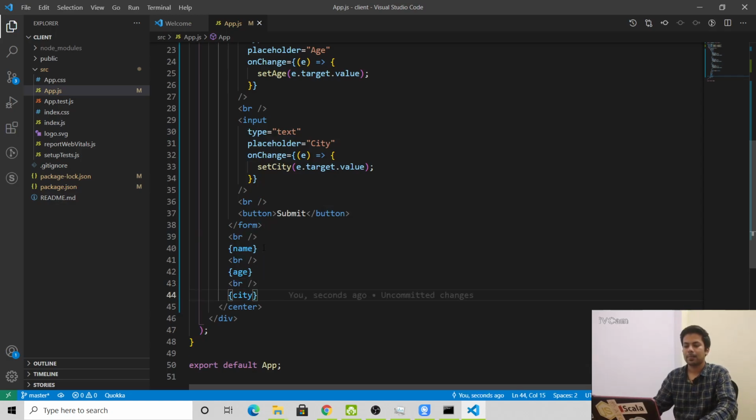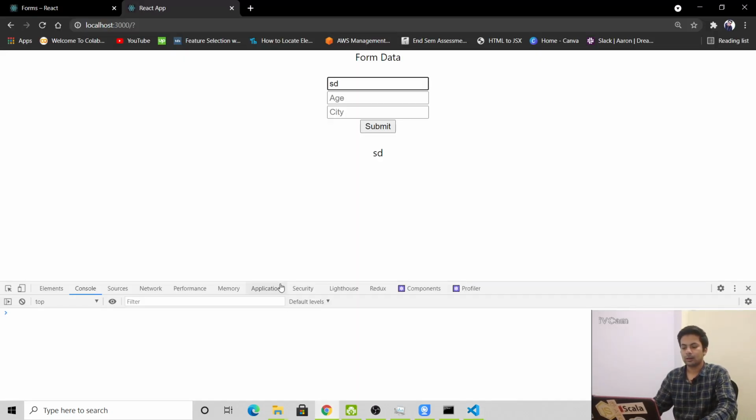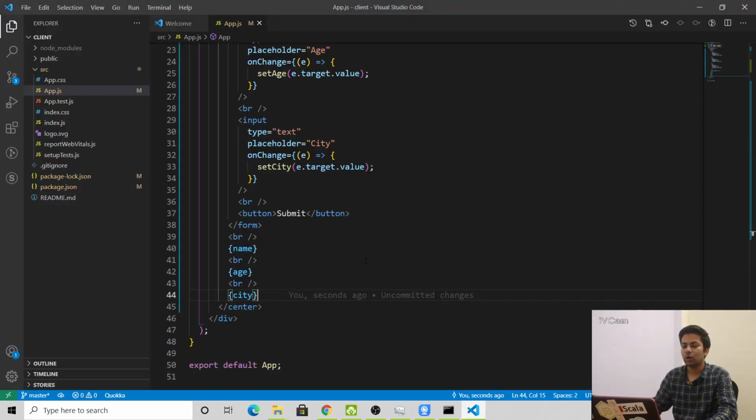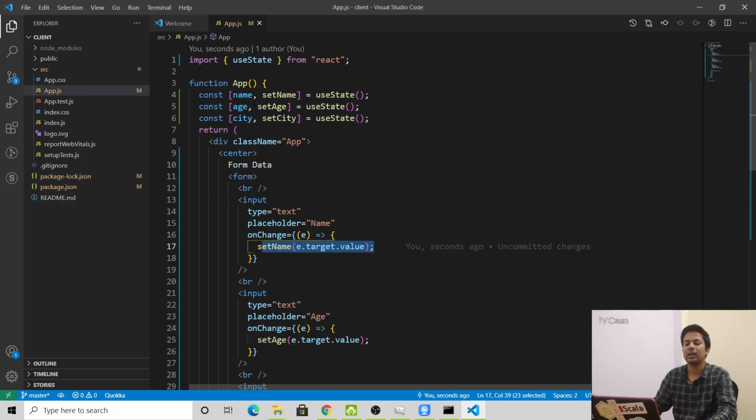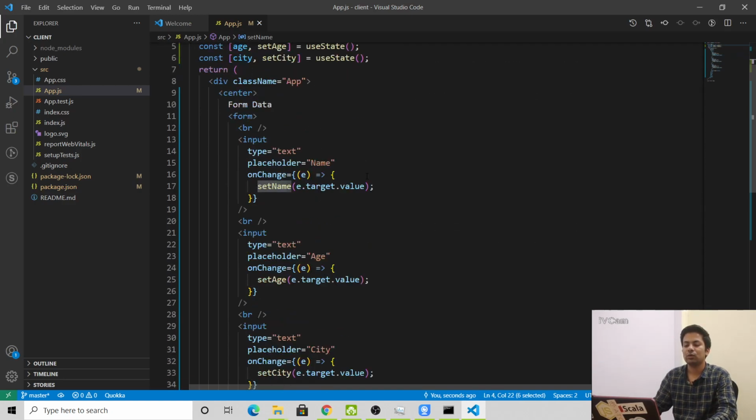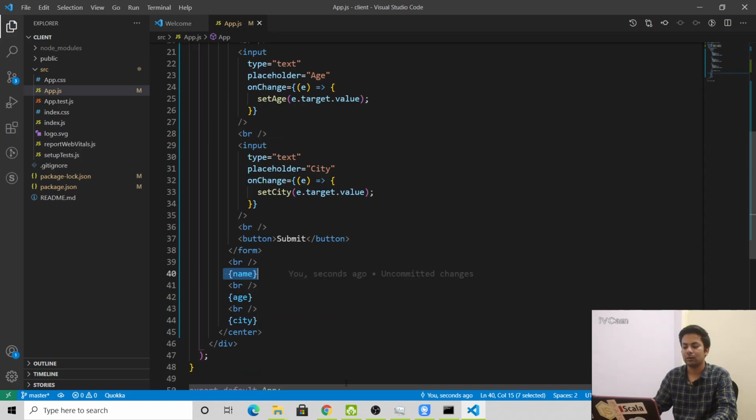So name is John. See, as soon as I'm writing here, it keeps showing here only, because whenever the change is there, we set that change into setName, the useState setter. So set name useState, and we are showing it here only.